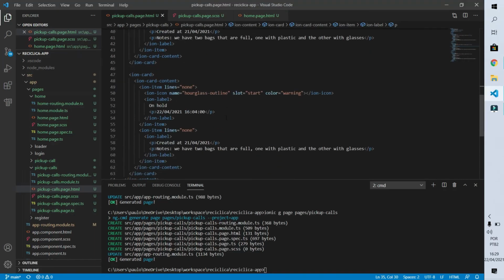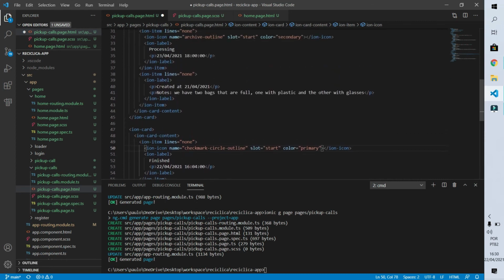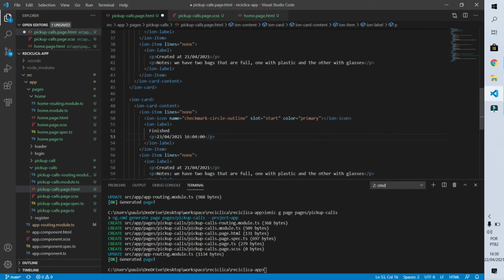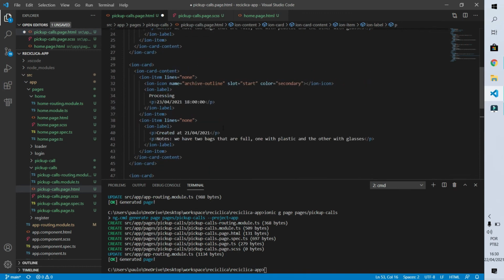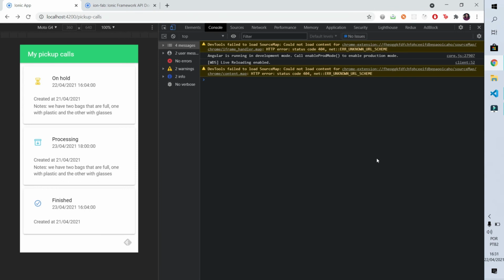Now we'll modify this third and last card here with the status it needs. Its status will be finished. I mean, everything has already been done and our partner is already with its money added to the account. I will also modify its icon. I'll use the checkmarked circle outline icon and I'll also change its color from warning to primary. I'll change it like tomorrow. I mean, it's just a different date. All right, as they are not in the same call, let's differentiate them a little bit. In this case here, I'll also remove the notes. Let's save it and see how it turned out. Okay, the 3 cards are completely different and this is very good.